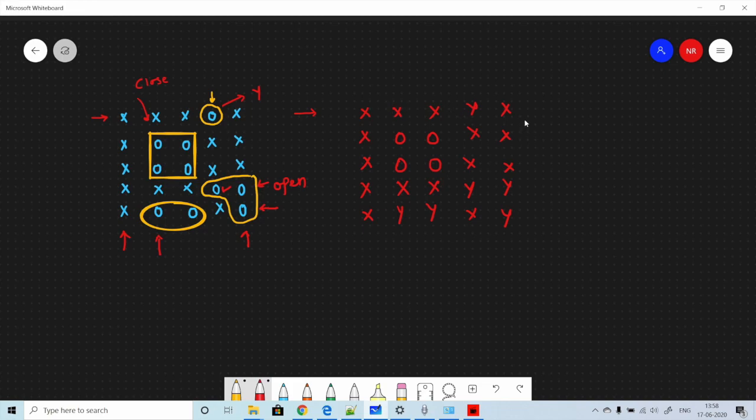Now once you reach this matrix, it is very clear to identify which regions are closed regions. Now only those O's will be present which are not connected to the boundary O's. Again, if you iterate this, only these O's you can flip to the X, and this one you can flip back to the O itself. All right, so the resulting matrix will look like this.